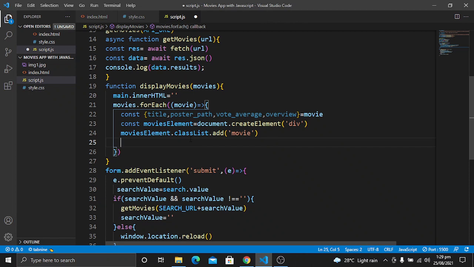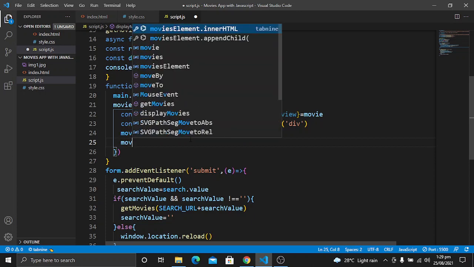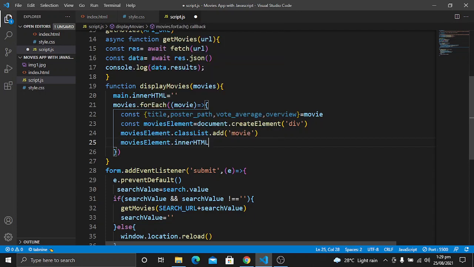And when we create the complete movie element, we will append it to the main container. So first of all, I will use the movieElement, and the innerHTML is going to be the template literals.